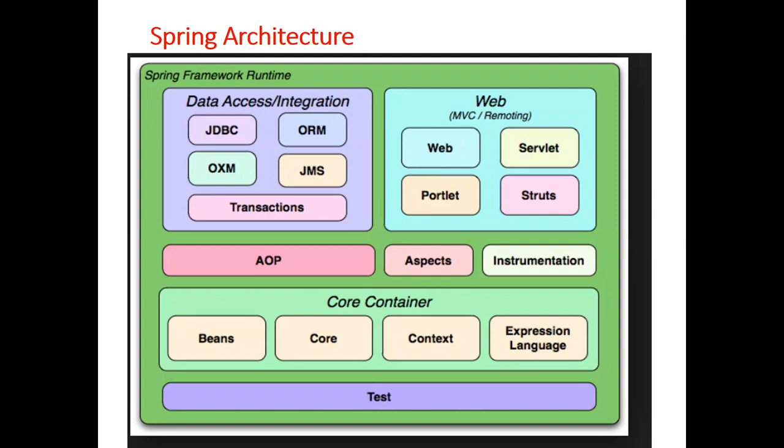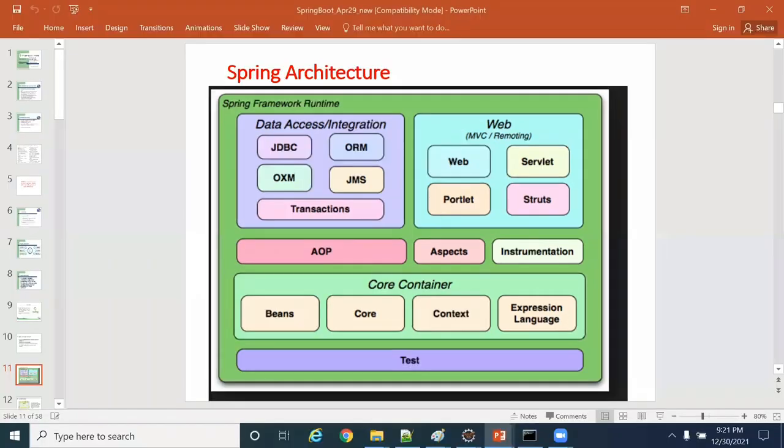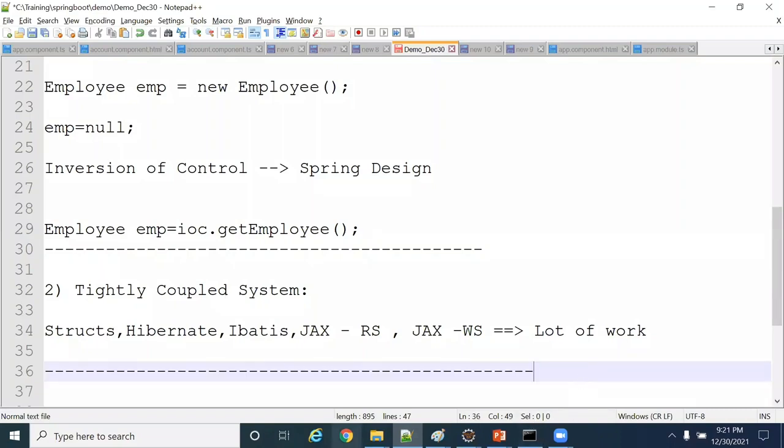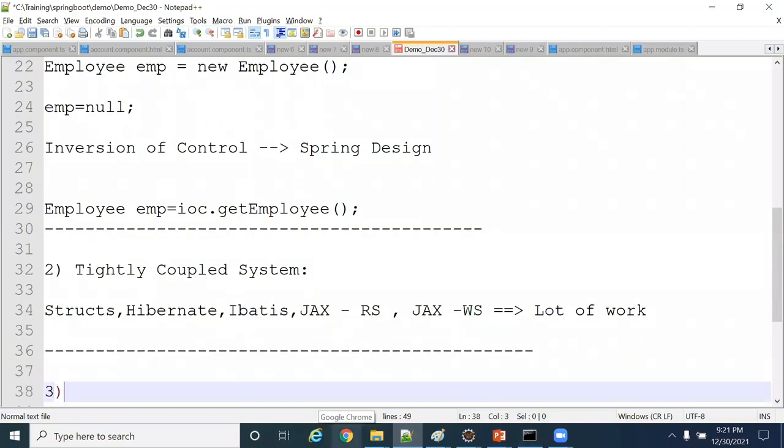But in EJB and RMI, we need to write a lot of heavy code. So that's the next challenge with EJB as well as RMI. It's a tightly coupled architecture. And the third difference I want to focus on is